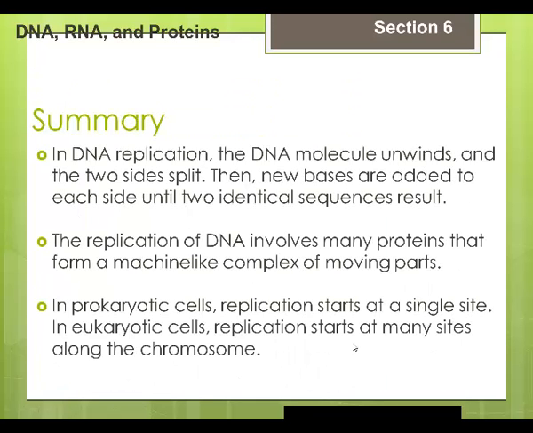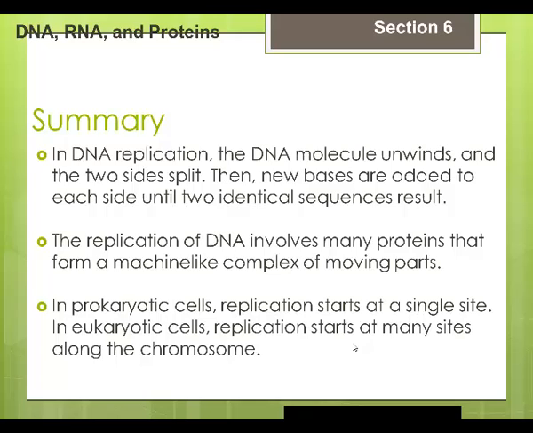So in summary, in DNA replication, the DNA molecule unwinds and the two sides split apart. Then new bases are added to each side until two identical sequences result. The replication of DNA involves many proteins that form a machine-like complex of moving parts. Those proteins include DNA polymerase and DNA helicase. Remember, helicase unzips. Polymerase then comes in and adds new nucleotides,